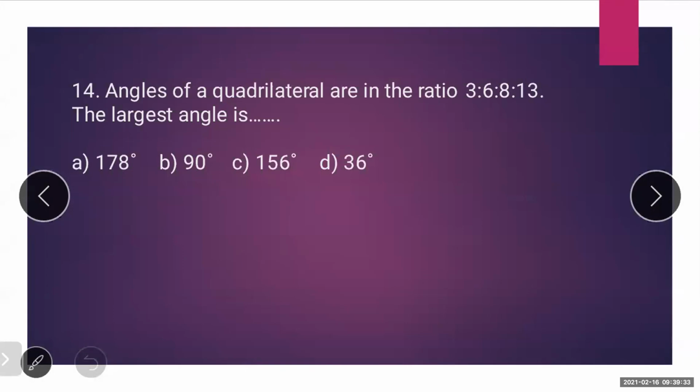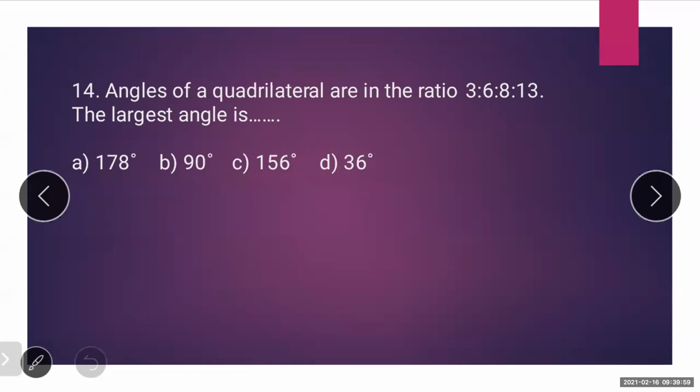Angles of a quadrilateral are in the ratio. Again the word ratio comes. Students, now fix in your mind: when the word ratio comes, what does it mean? You need to multiply by a common multiple, and the common multiple you can take as x, any variable you can take. So angles of a quadrilateral are in the ratio